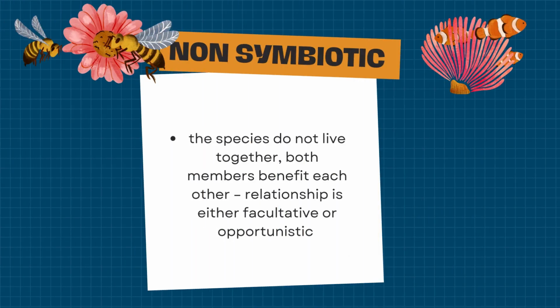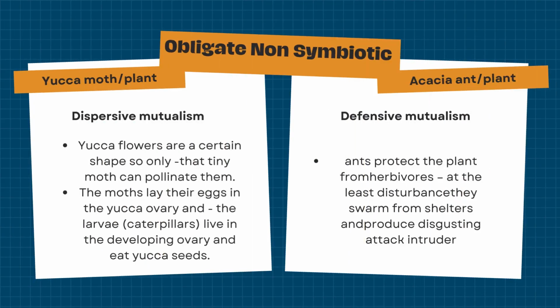Next is non-symbiotic. Non-symbiotic is where the species do not live together. Both members benefit each other, and the relationship is either facultative or opportunistic. An example of obligate non-symbiotic is the yucca moth and plant. This is an example of dispersive mutualism. Yucca flowers are a certain shape, so only that tiny moth can pollinate them. The moths lay their eggs in the yucca ovary, and the larva caterpillars live in the developing ovary and eat